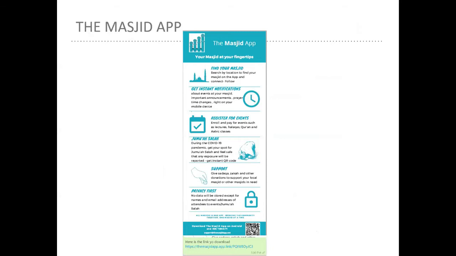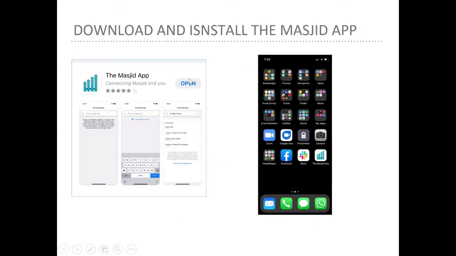The first thing you're going to do is go to your WhatsApp, open the message Sheikh Siraj sent, go to this screen where it says click here to download the app, and click it on your phone. It'll take you to the App Store, download the app. It will appear on your phone. Keep it always there, never delete it, because every Friday or every other day you're going to use it to also connect with your other virtual events like your halakas or your Quran lectures or anything.